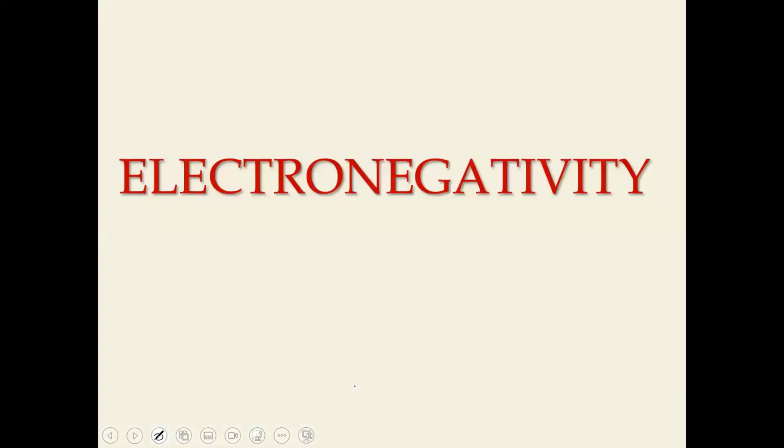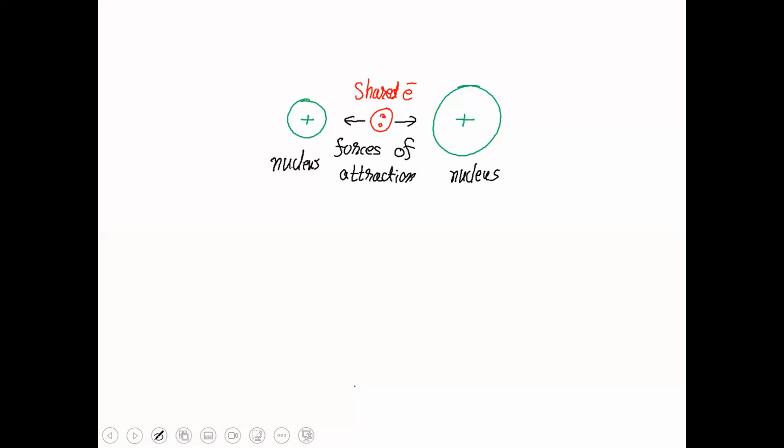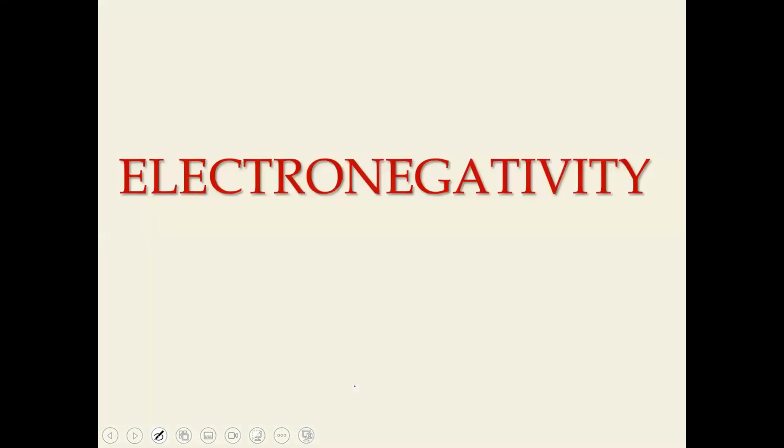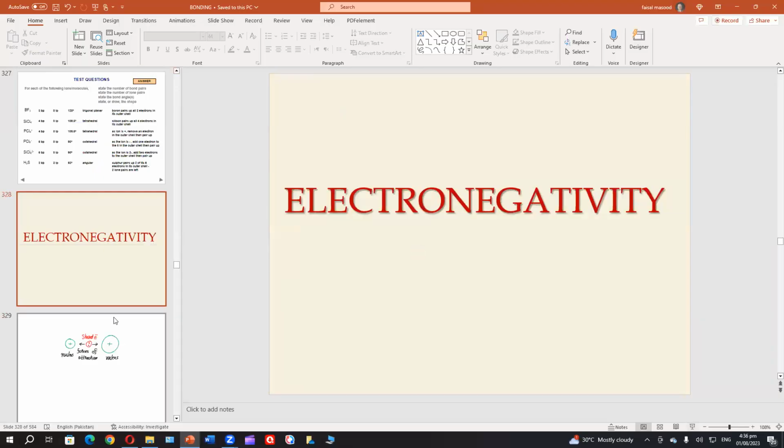This ability is called electronegativity. So what is the concept? When a covalent bond is formed, there is a shared pair of electrons which is being attracted by both the nuclei. Now, every nucleus has the ability to attract the shared pair. This ability is called electronegativity. So now you give the heading electronegativity and write under it